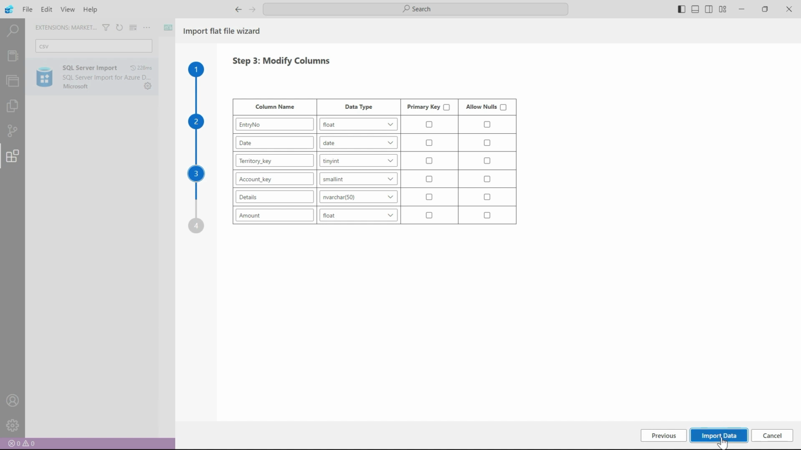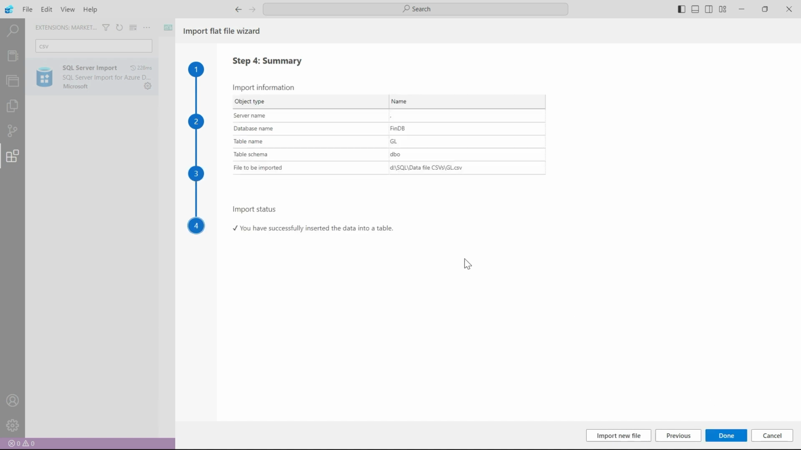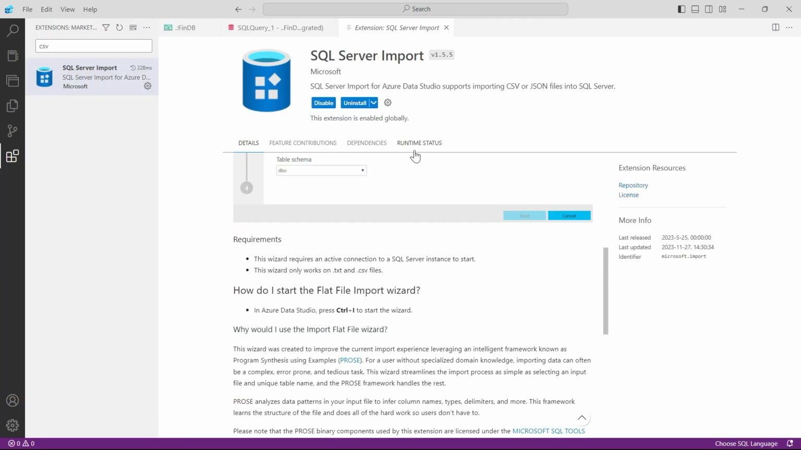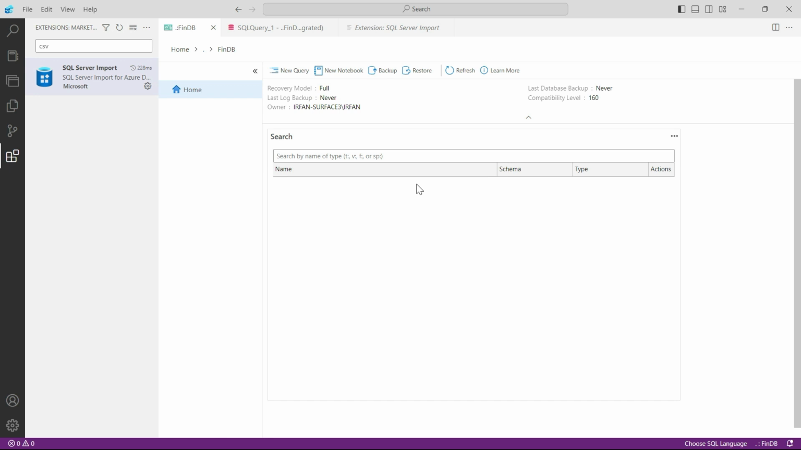And let us click on import data now, and it will just take a moment, and you can see that you have successfully inserted the data into the table. So not just the table has been created, but also the data has been inserted into that table. Let us click on done, and let us see where this table is available. So I have this panel open here. I can go here and click on refresh, and you can see that my table is now appearing